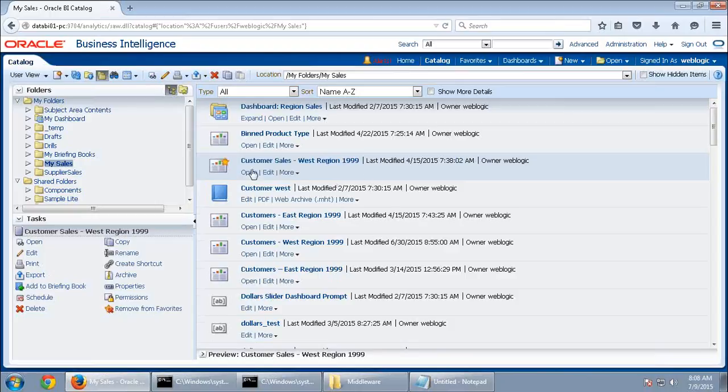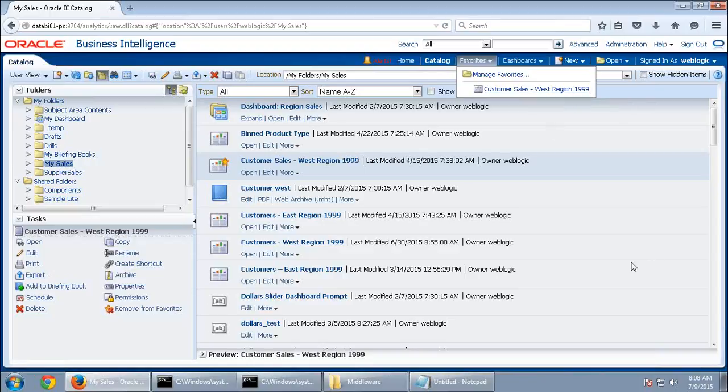As soon as you do that, a golden star icon appears on that analysis or report. See here, a golden star icon on the top. That means this item is present in your favorites. Now just click on your favorites. You can see customer sales West Region 1999.